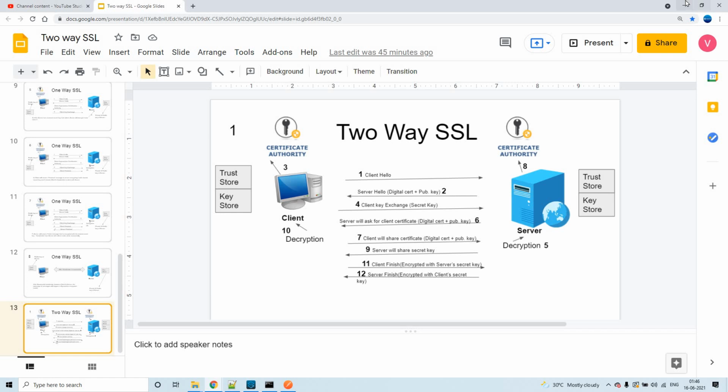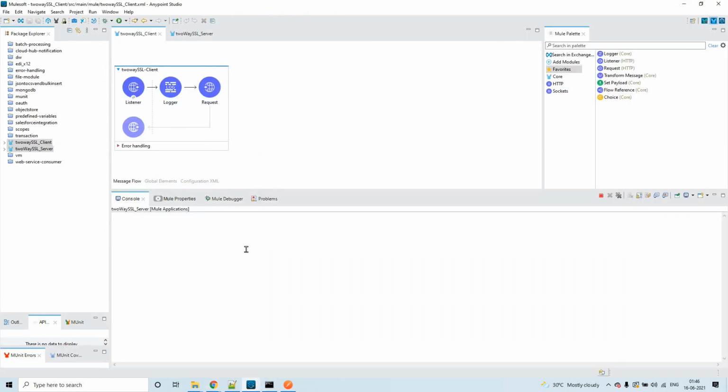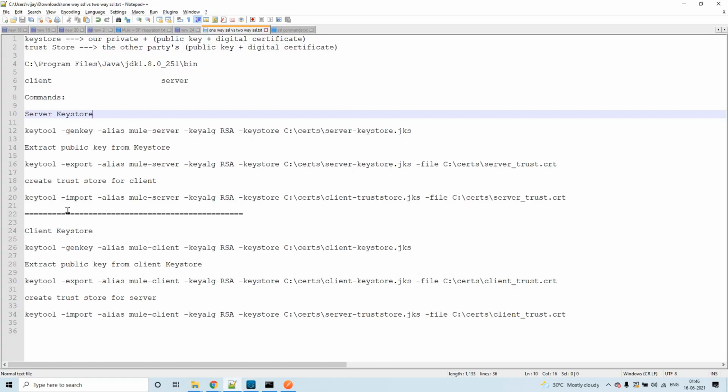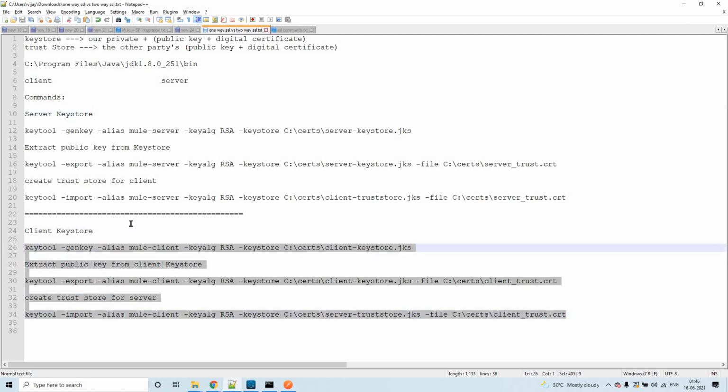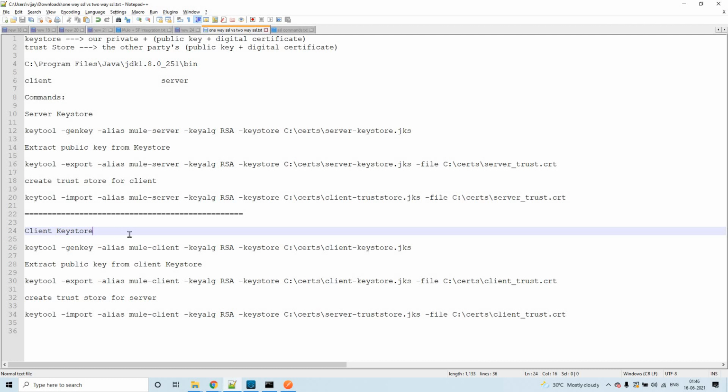So this time, these are the commands in order to generate the client key store. Whatever we have generated here, the similar things we'll be generating in order to create a two-way SSL scenario in Anypoint Studio.